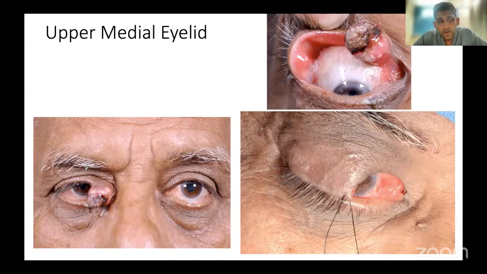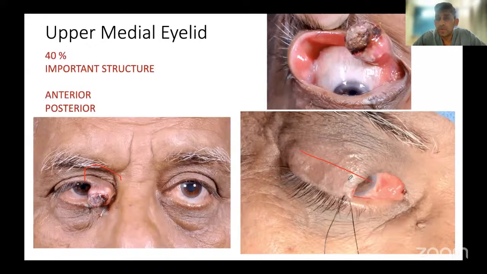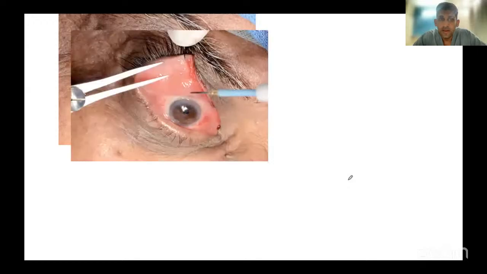Now, coming to upper medial localized defects. This defect is not that big. After excision, you see that 50% of the upper medial eyelid is left. Here you have the tarsus, almost 60% of the tarsus left, which you can use to fill the posterior lamella. So a sliding